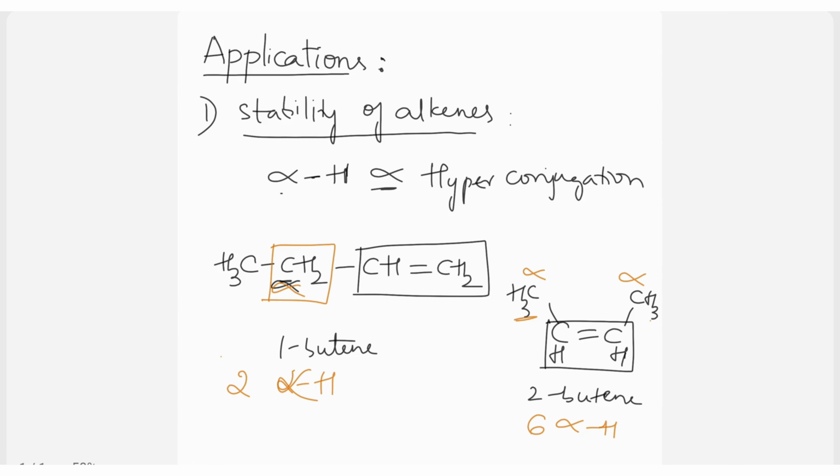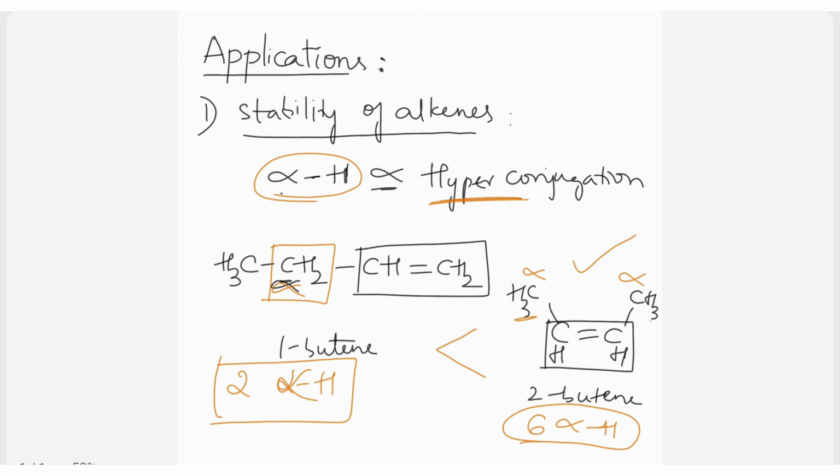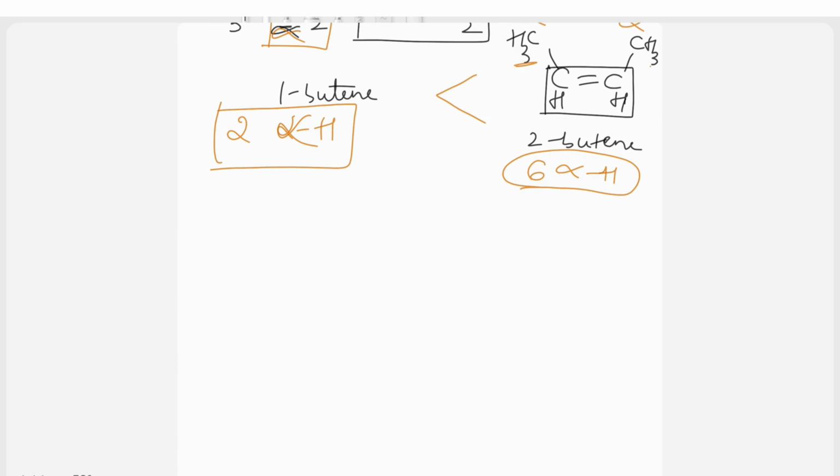So 2 alpha hydrogens indicate less hyperconjugation, 6 alpha hydrogens indicate more hyperconjugation. So obviously 2 butene is more stable compared to that of 1 butene. So this way hyperconjugation can be explained based on the number of alpha hydrogens, and accordingly the stability can vary. If you look at the order of different alkenes' stability, then the least stable one will be ethylene,